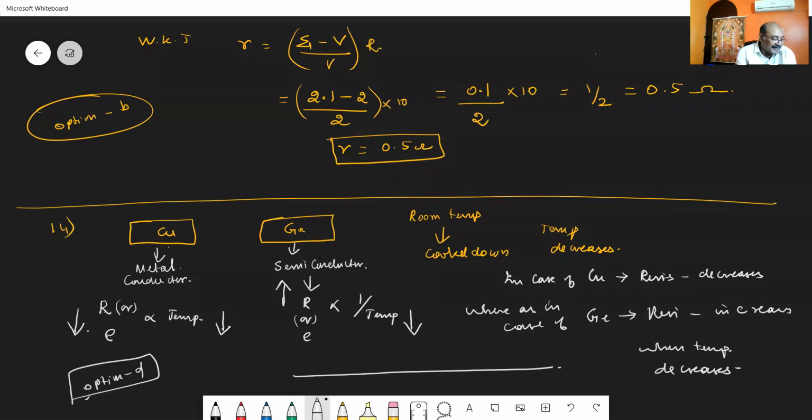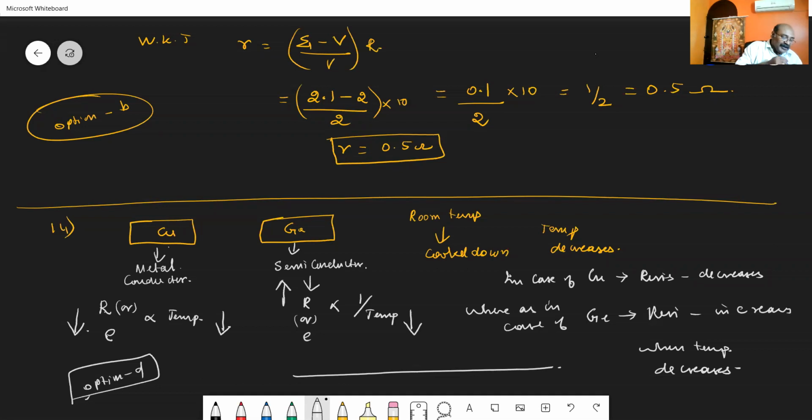Next is theory. We can say it directly. When Joule's law of heating, when I and T are constant. In Joule's law of heating, R and T are constant. It should be R and T. In the old book it is given as I. Yes, it is not I, it is R.